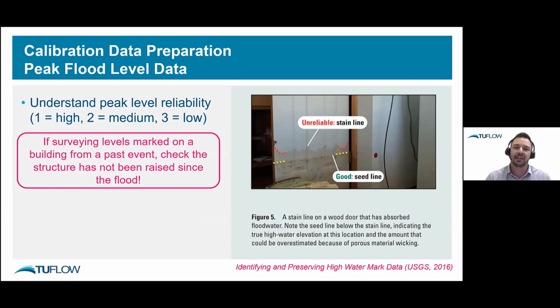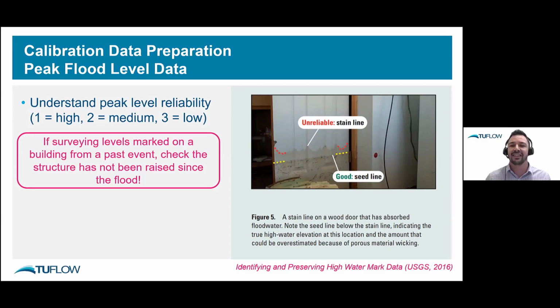Next, you might think a stain on a building is very reliable. It turns out you need to be careful about marking down your flood lines in a building as well. Some materials will absorb the water and you'll get seepage, which will push that flood mark up. So just be aware of that. Another thing: when I was calibrating a model back in the early 2000s, we didn't have much data because we had to backdate. We had to collect data well after the events. I think we were trying to calibrate back to an event from the 1980s, and the models just weren't coming anywhere close to this one mark that we thought had a high degree of certainty.